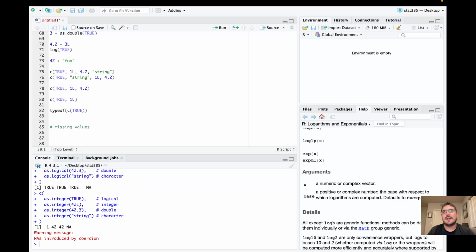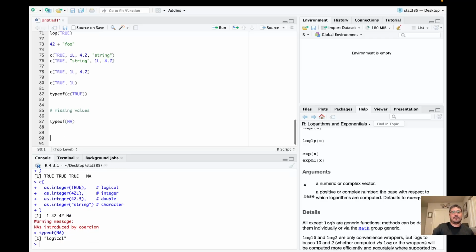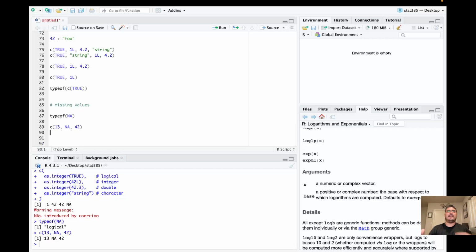Okay, so we've seen before that the NA value, type of, is by default logical. Okay, so how would it work if we were to do this? So we can see that the NA value is preserved naturally within a vector of